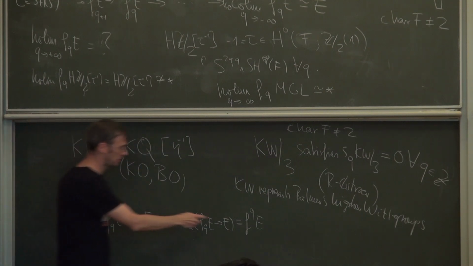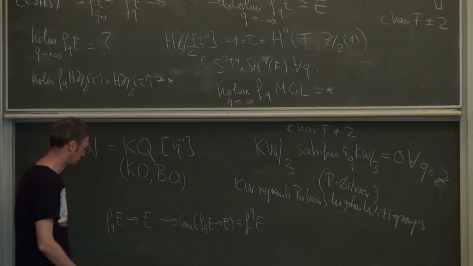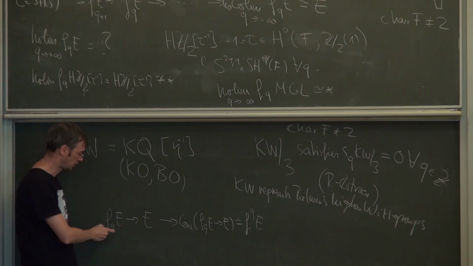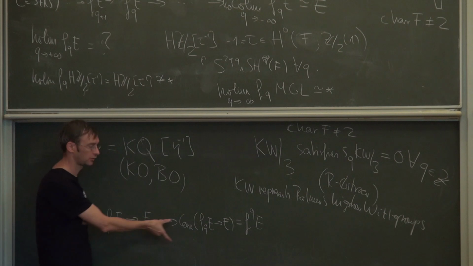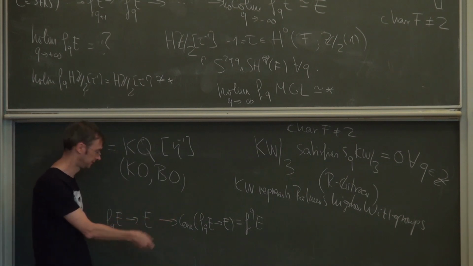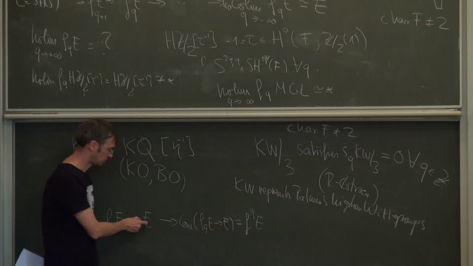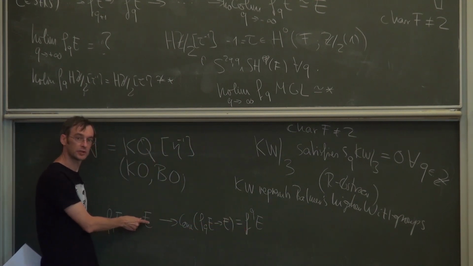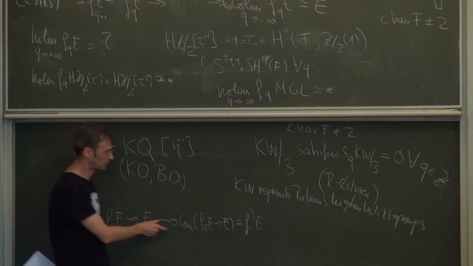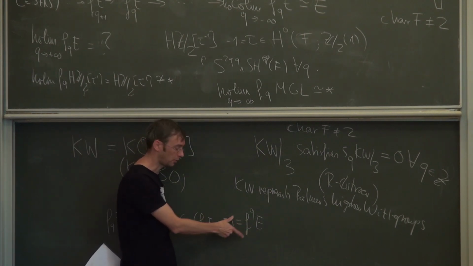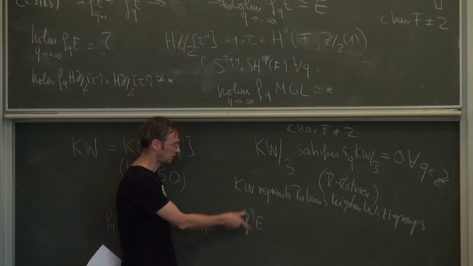But maybe it should rather be F upper Q plus 1, I'm not sure. So for example, F upper Q minus 1, because for example for the sphere spectrum you have the first effective cover and then the cone is the zero slice. Just as one example, if your spectrum is Q effective for some integer Q, the first non-trivial thing you will have here is the bottom slice, and then if you go up,